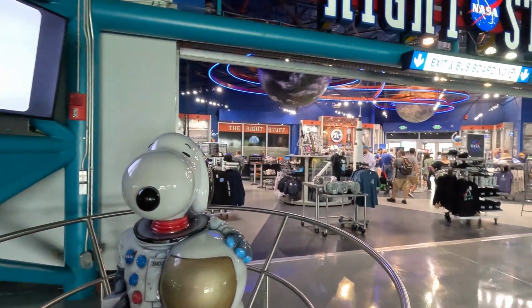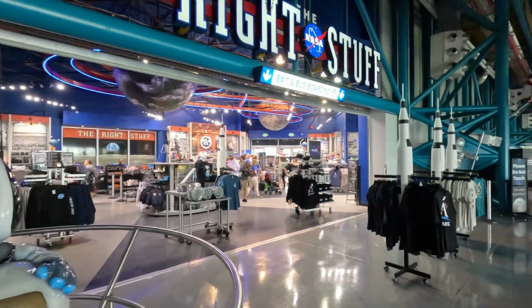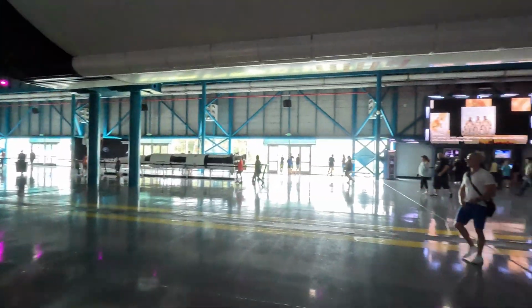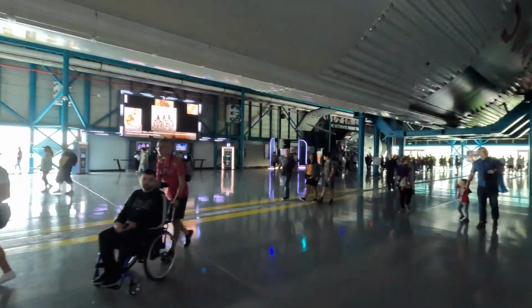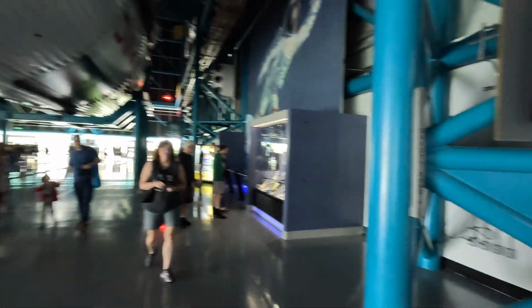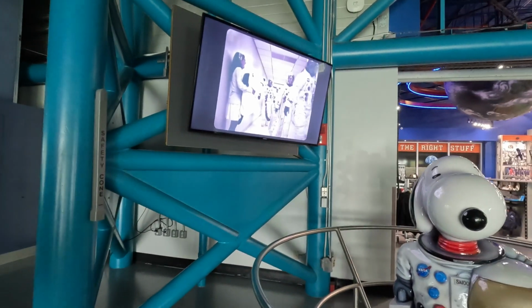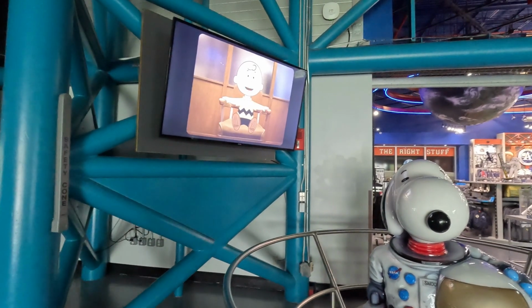And as with everything, of course, there's a gift shop on the way out. But anyway, the whole room takes mission control room, which is cool. Yeah. I actually got caught up in